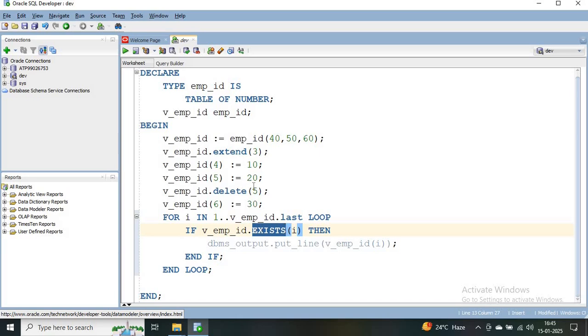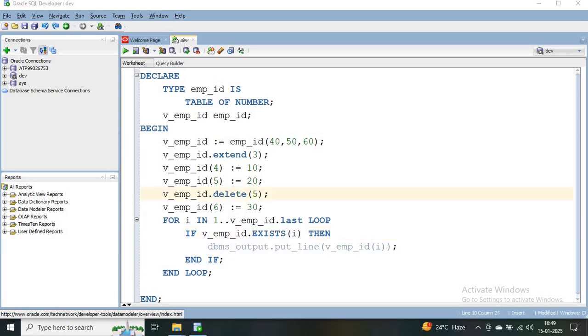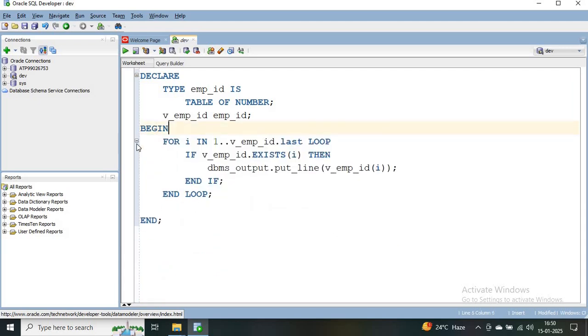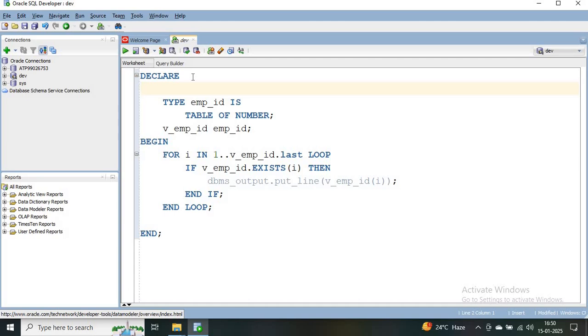So as the value in the fifth index is not there, it will skip, and the rest of the values will be displayed. Now if you want to store the values from multiple fields like empid and emp name in the same collection variable, then how can you do that? So we'll see now. I'll delete this entire part now,